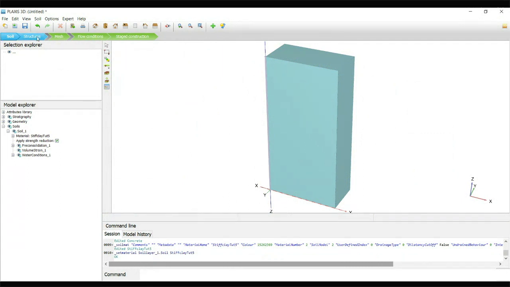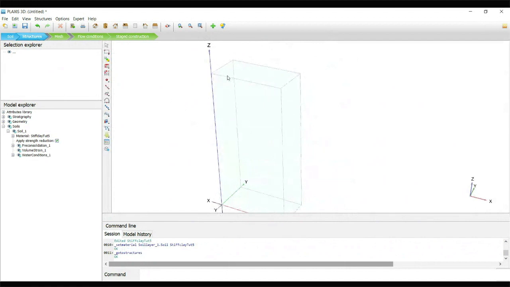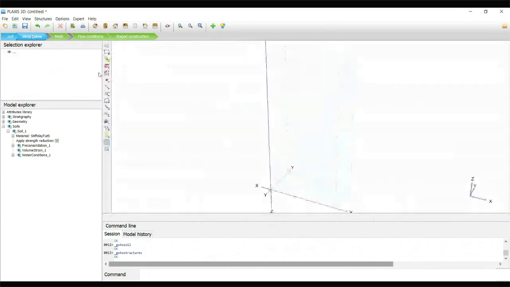And then we can move to the next mode, the structure mode. Here in the structure mode, we need to create 3 segments. Each segment is 2.5 meters, and the center portion is 2 meters. So 3 segments we need to create. How to create? The vertical toolbar has now entirely changed from the soil mode to the structure mode. See, now all the vertical toolbar is related to structure, whatever we want to create for structure-related things, that toolbar is available.